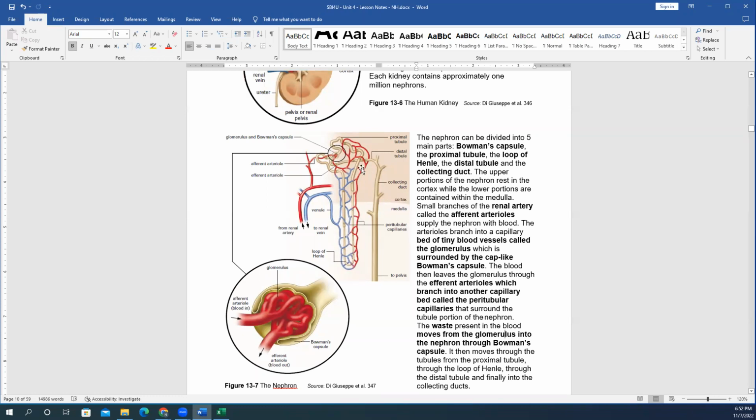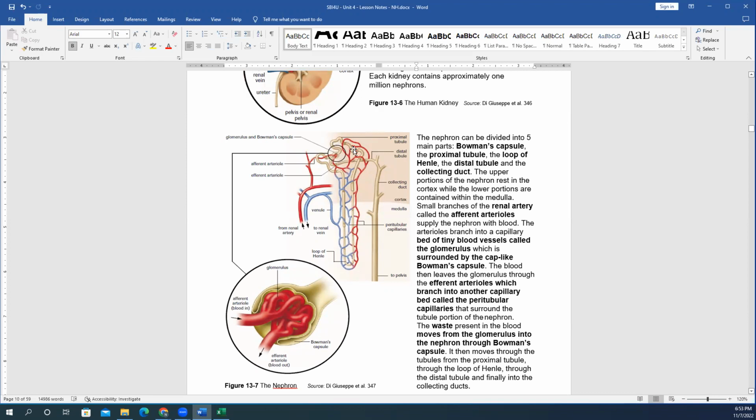So then, as the blood brings in waste, it moves from the glomerulus into the nephron, into the Bowman's capsule. And from the Bowman's capsule, it moves through the tubules, from the proximal tubules that are here close up,